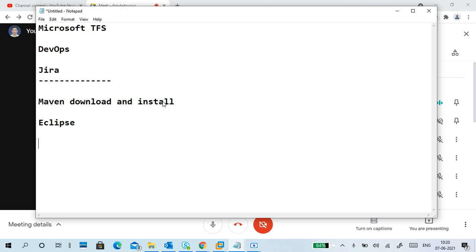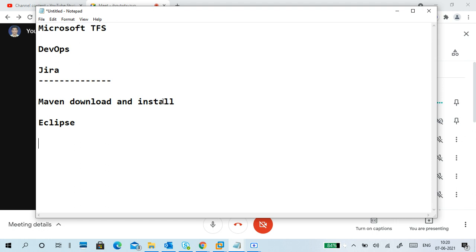In NetBeans, Maven is very easy. But why am I using Eclipse? Because I want to do a project. NetBeans has one problem. In the current new versions of NetBeans, you have to create either a Java with Maven or a Java with Ant project only. I can't create a pure Java project. Compulsory, Maven or Ant is there. That's why I installed Eclipse again.